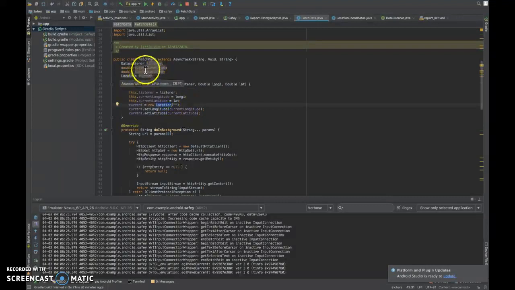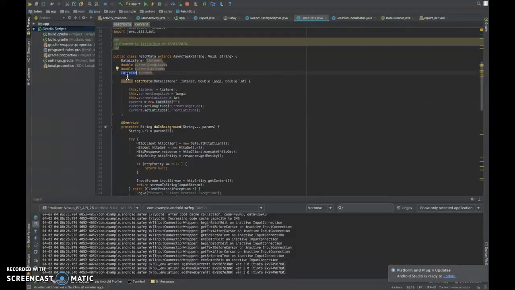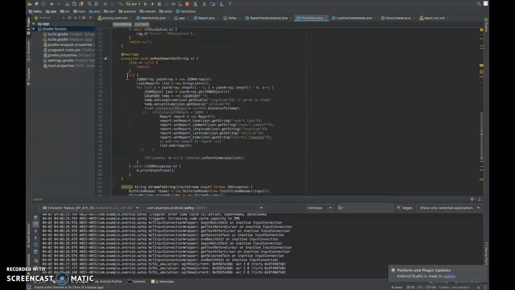They get stored in doubles, and then I made a location which has the longitude and latitude. This is the current location for the phone you have right now. So for me, it's the emulator. But this is a temporary location. So every JSON array has 5 or so things: report type, comment, longitude, latitude, and current time date. So it would get the longitude and latitude, and it would store it into a location, and then it would